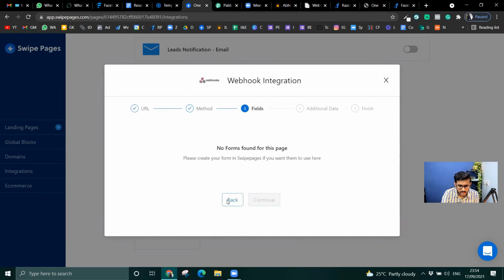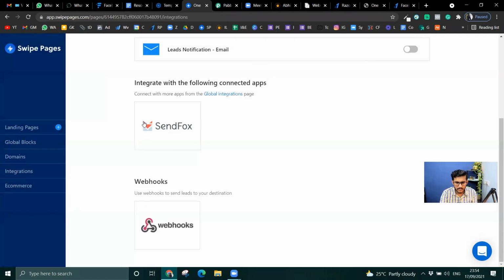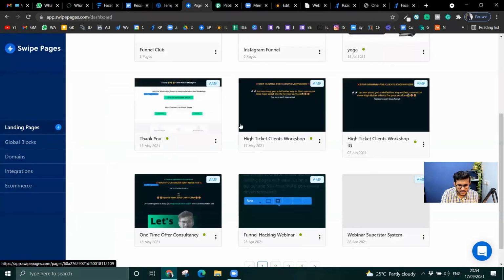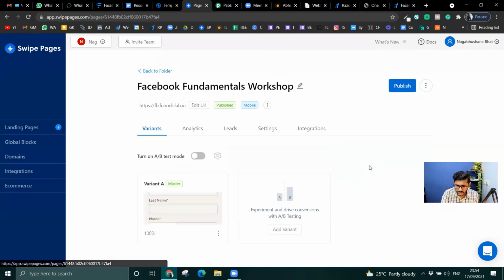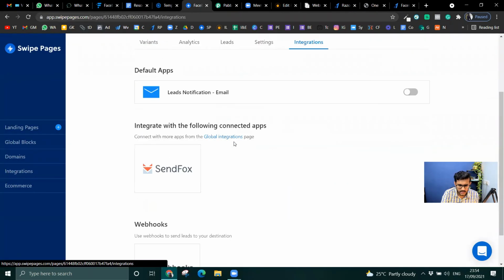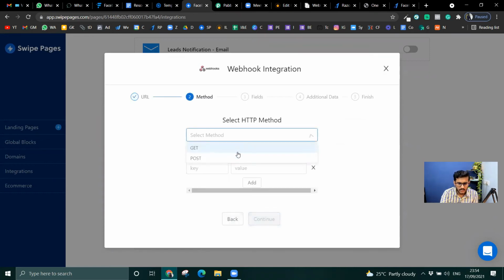I'm really sorry because this is what happened. I have to just check which page I'm using. I just go to Funnel Club. I go to the fundamentals workshop and I go to integrations and I add the link, add the webhook name, Zoom, continue, post.